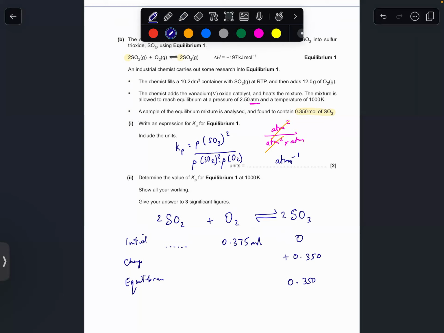They're being a bit cheeky here. They've given you the volume of the gas. So it's going to be 10.2 divided by 24 at RTP. 10.2 divided by 24, so this is 0.425. Now, you've gained that much. It's a 2-to-2 ratio. Then you're going to lose that same amount because these are in a 1-to-1 ratio. O2 is going to be half of that amount lost, minus